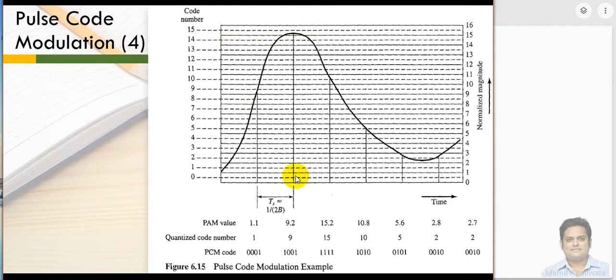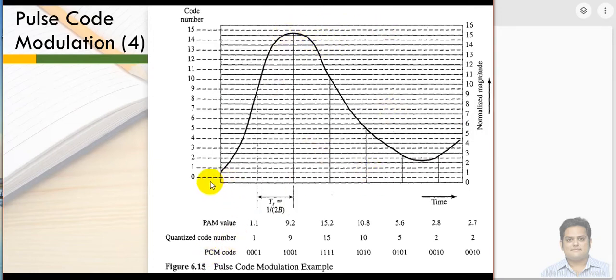That is according to the equation L equals 2 to the power n, where we are considering n as 4 bits of data to represent a sample value. For that purpose we need to quantize this total area into 16 different levels. So that is what we have shown, fine.